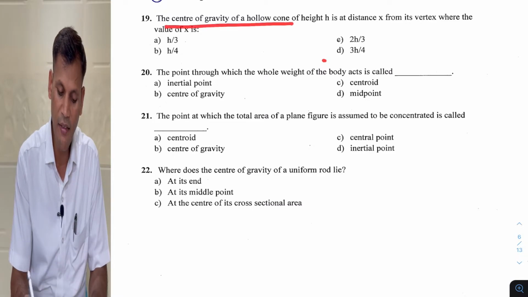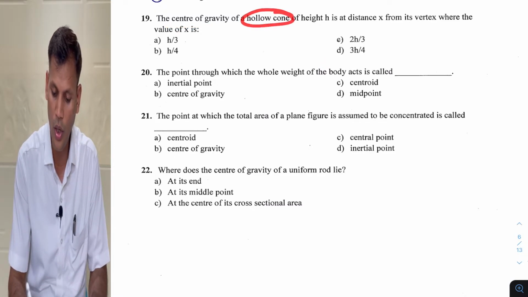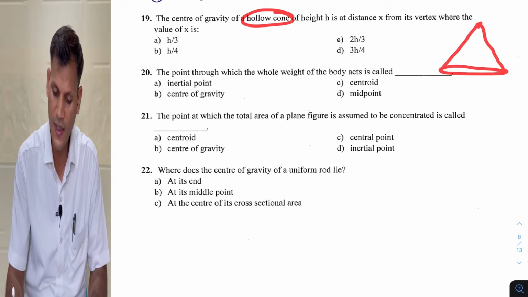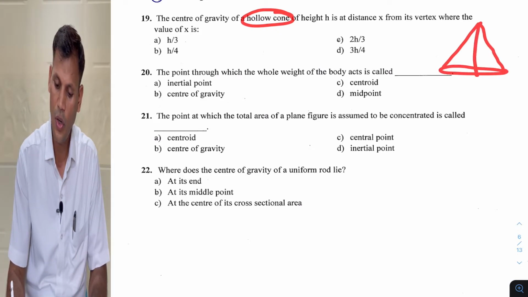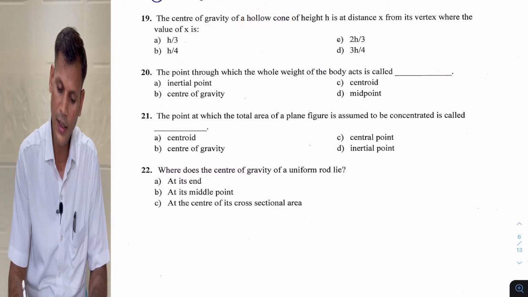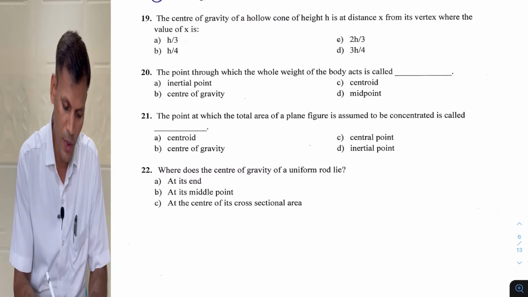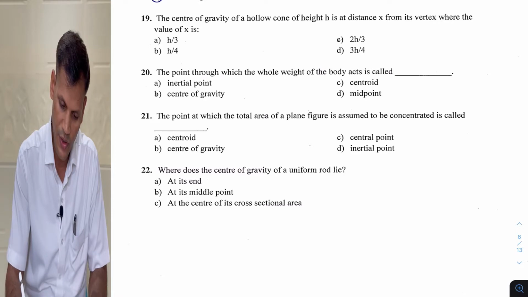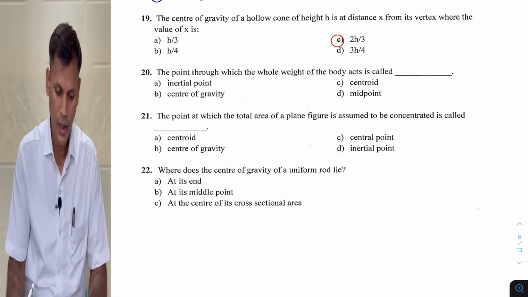The center of gravity of a hollow cone, where does its center of gravity exist, if the height is H? So of course it is at 2h by 3. We know this relation, 2h by 3. Right? Next is